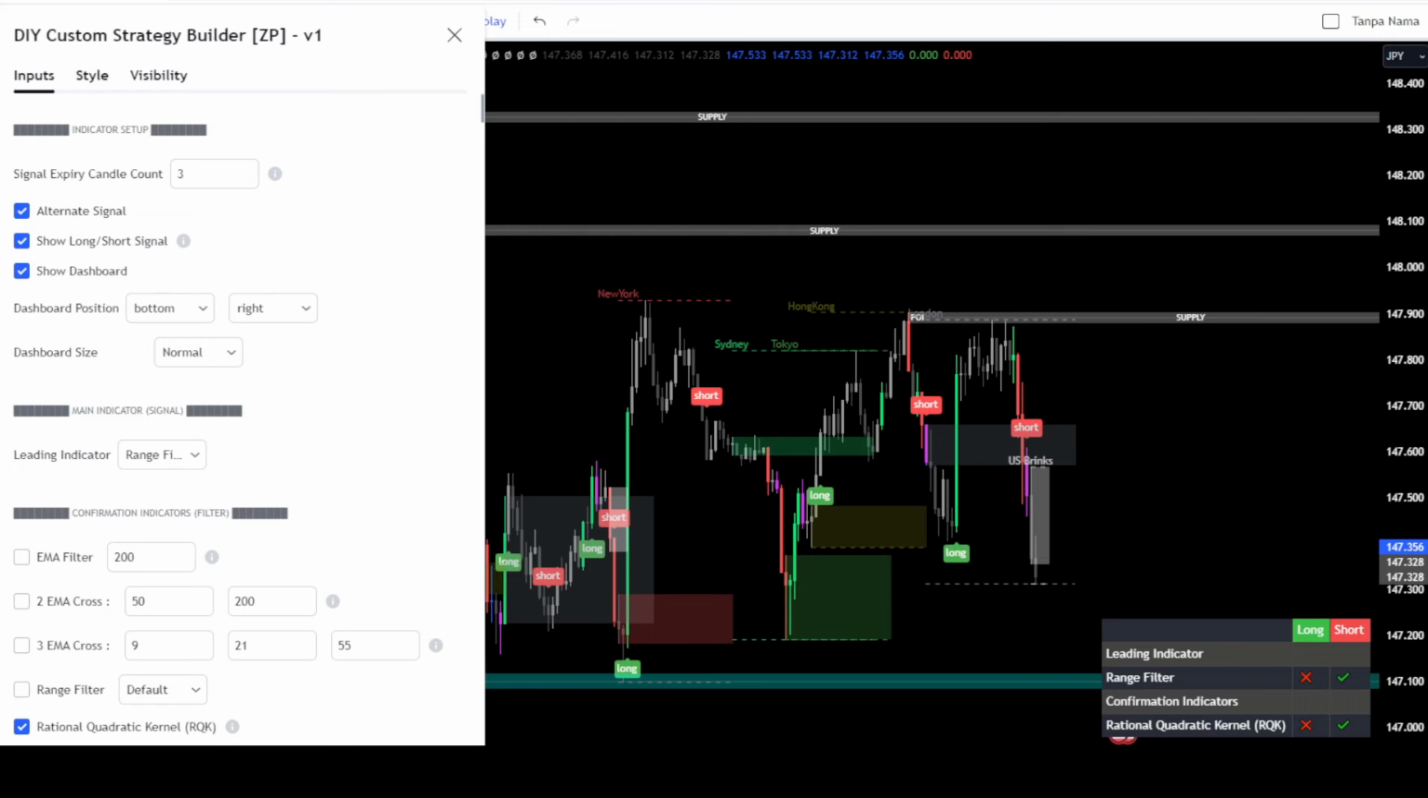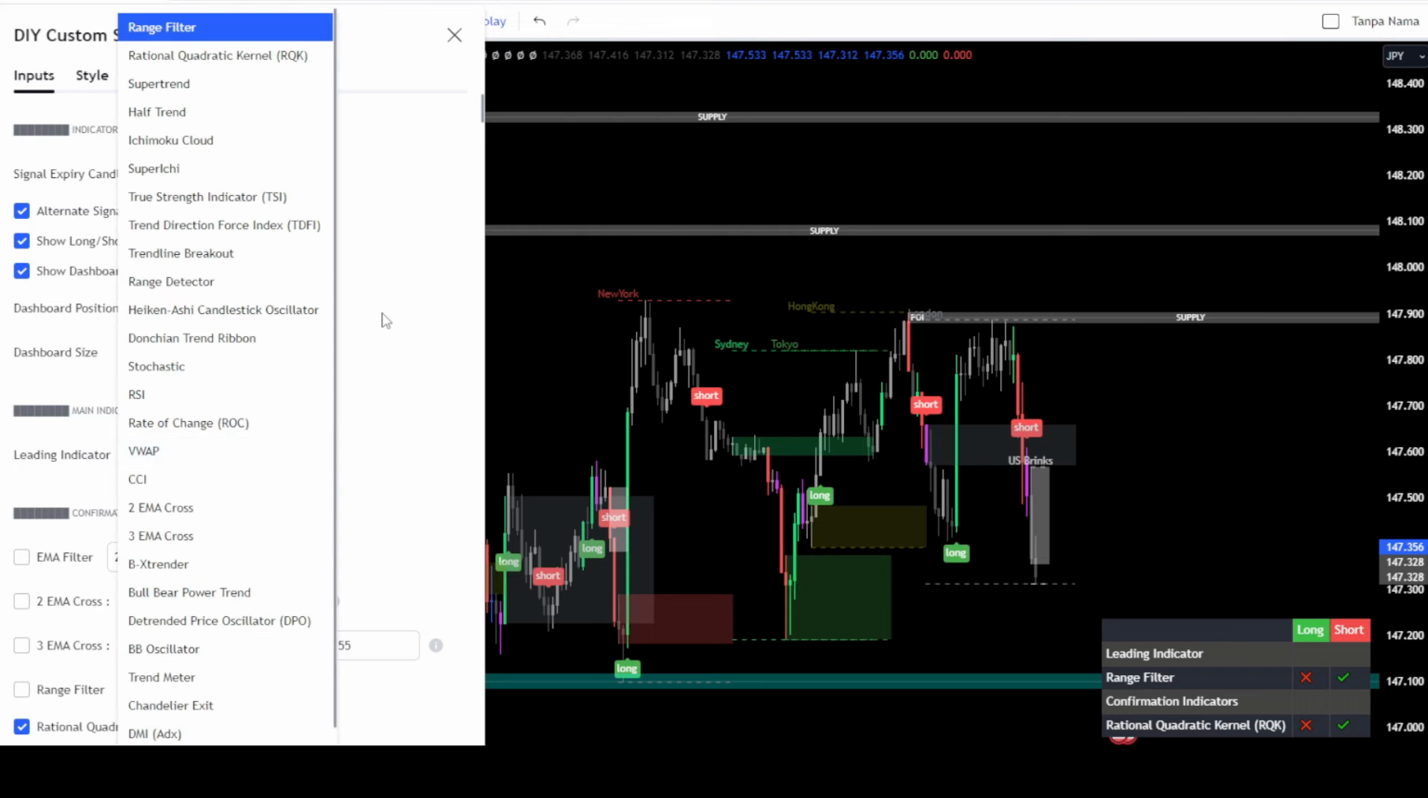Main Indicator. The Main Indicator section allows you to choose indicators that can serve as leading indicators. There are many options available in this section, including Range Filter, Supertrend, Halftrend, Ichimoku Cloud, Superichi, Trendline Breakout, Range Detector,